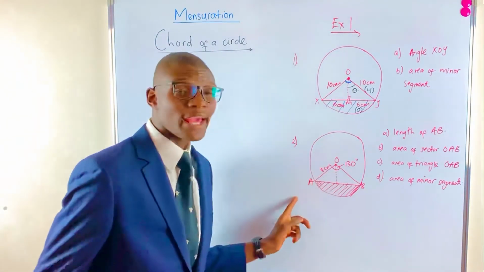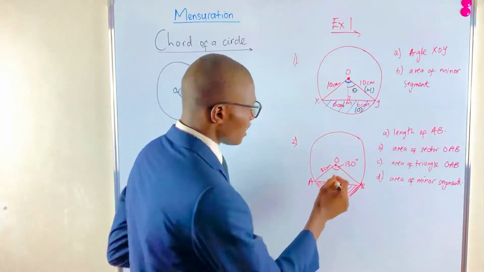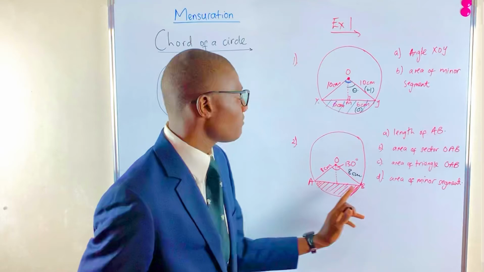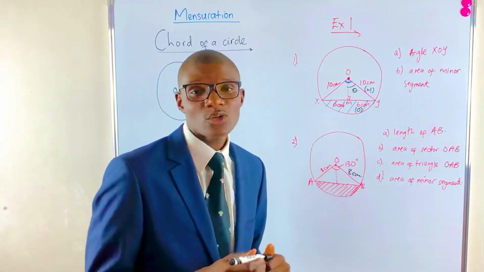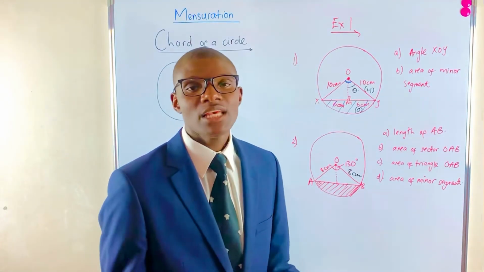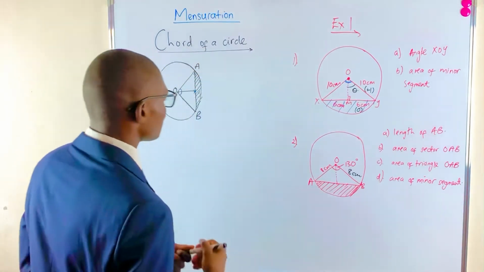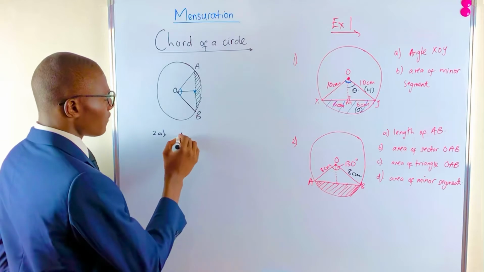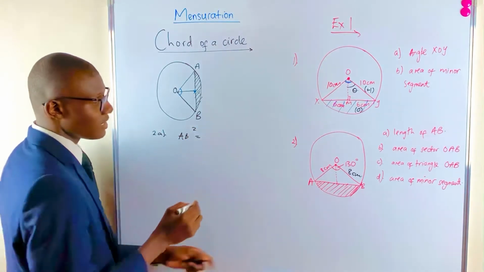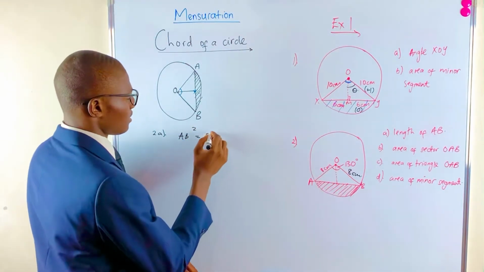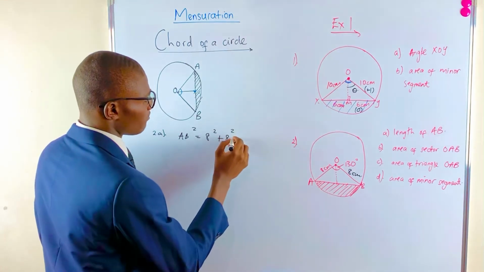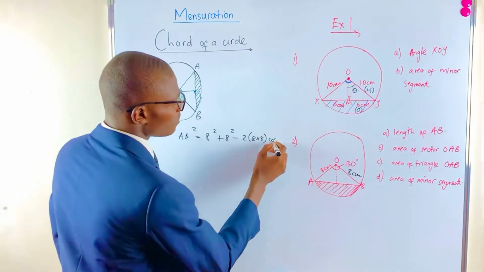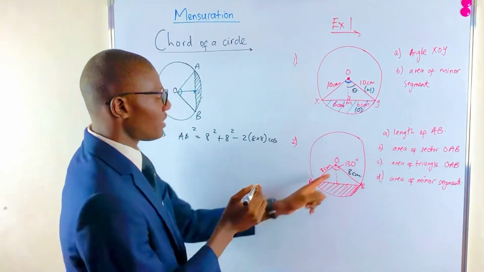We know that OA is the radius, OB is the radius, so OB is also 8 centimeters. Now finding AB, we've got 2 sides and the included angle, so definitely we use the cosine rule for sides. For number 2A, AB squared is equal to 8 squared plus 8 squared minus 2 times 8 times 8 cos of the angle 130